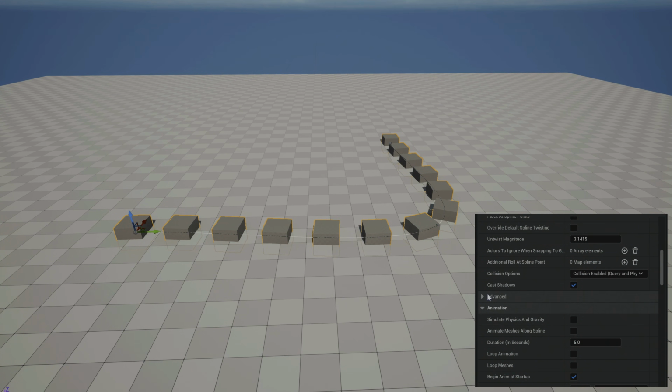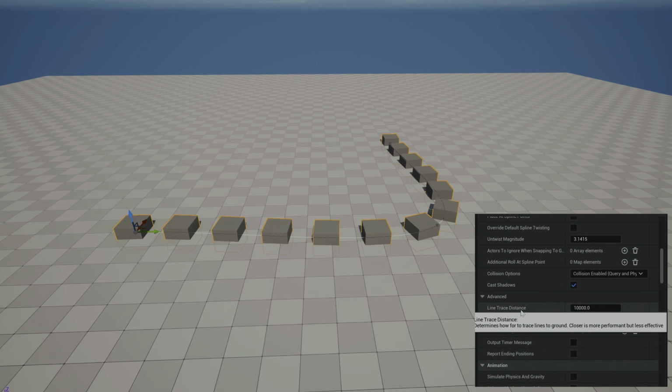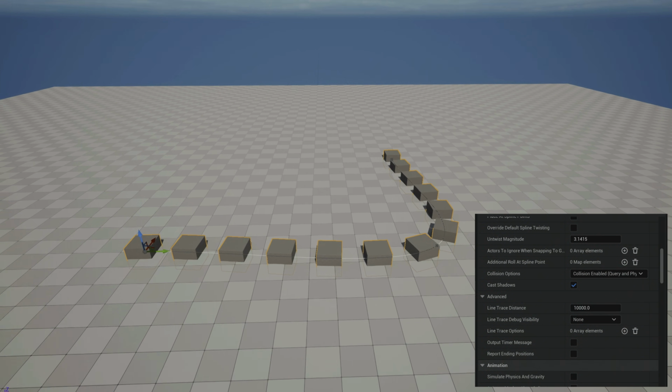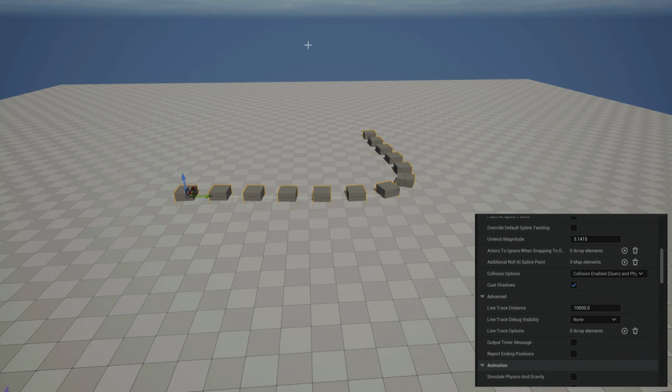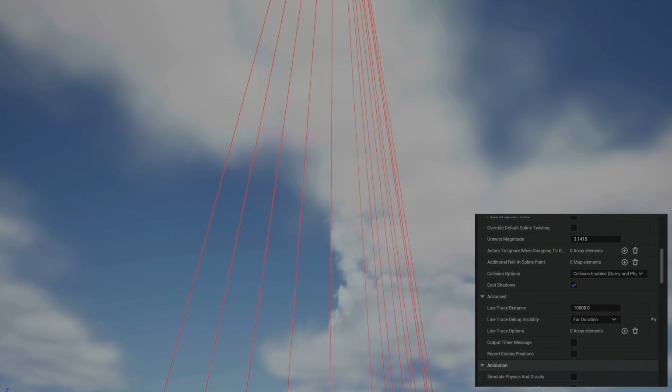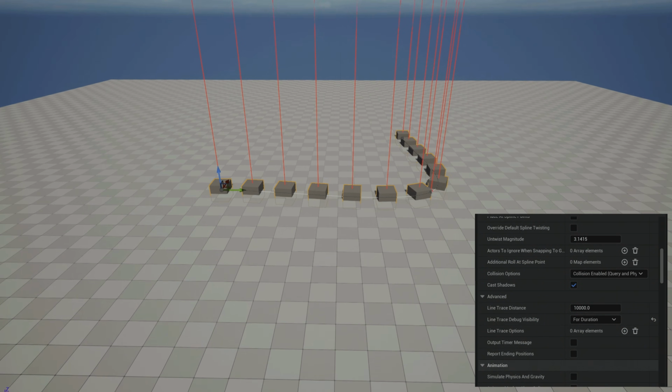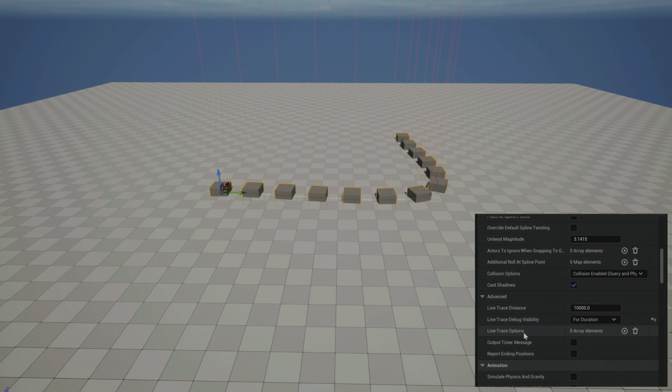We also moved a lot of variables from the default section to the advanced section. This includes lesser used variables such as line trace distance, which allows you to specify how far the blueprint will trace for the ground above it and below it. Also here is a new debug option that visualizes your traces to see how far the previous variable can snap to. And one that's not new, but now put here, is another line trace option that only traces for certain